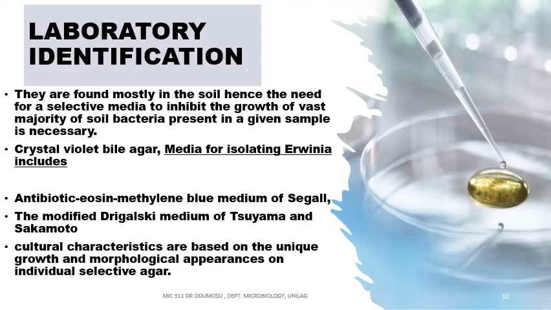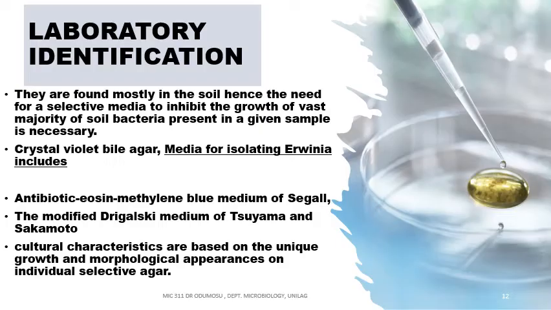The soil is the hub of several varieties of microorganisms that grow and compete with one another. So in order to suppress their growth and promote the growth of Erwinia, several effective selective media can be used,